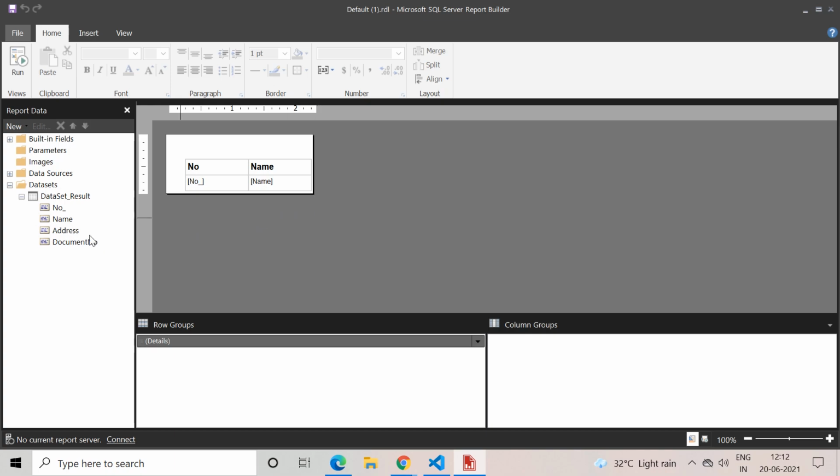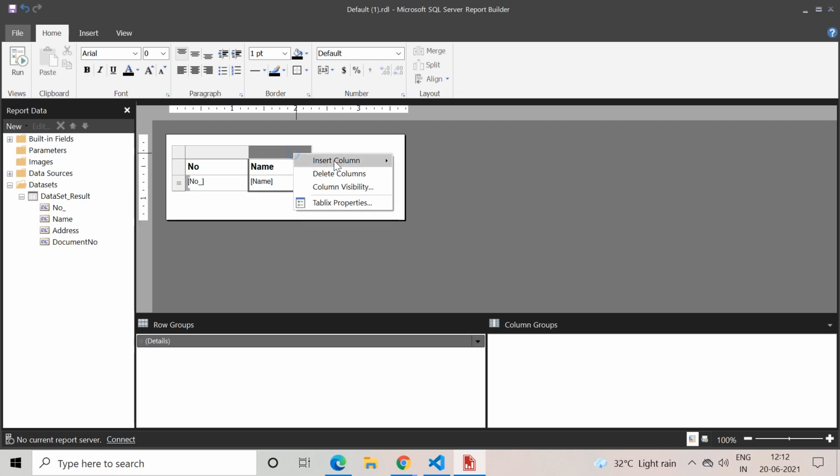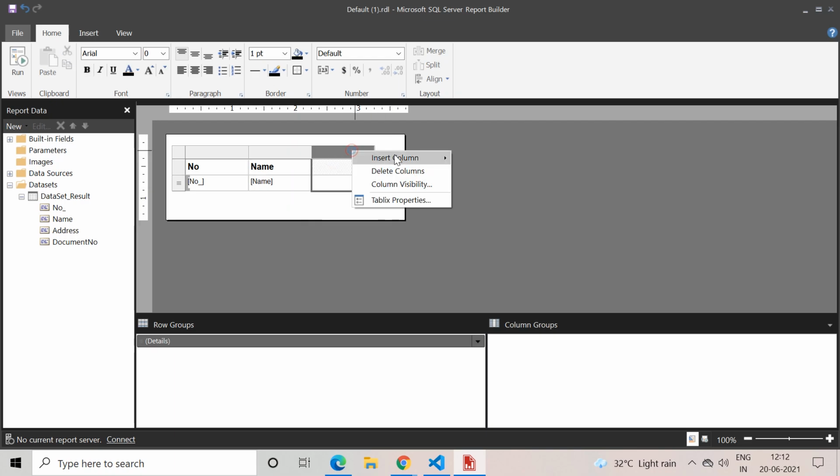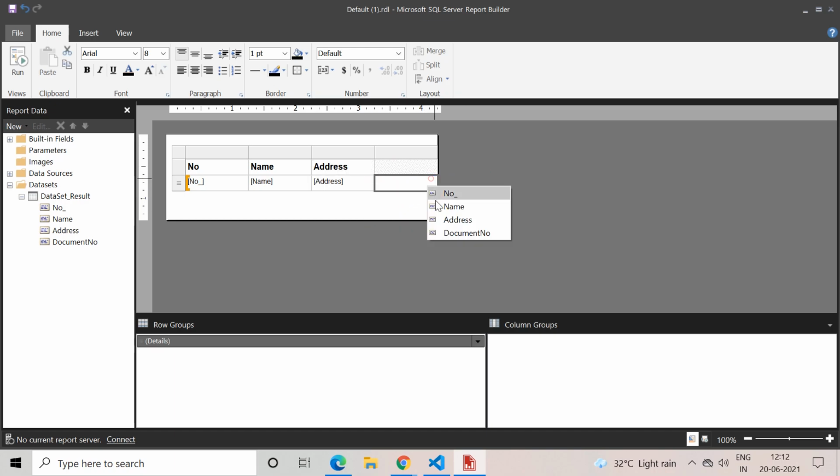So this is what happens when you deploy your extension through Visual Studio Code. The system has added the reference of your new data set, but obviously you must modify the layout manually. So insert the two columns and add the address and the document number.